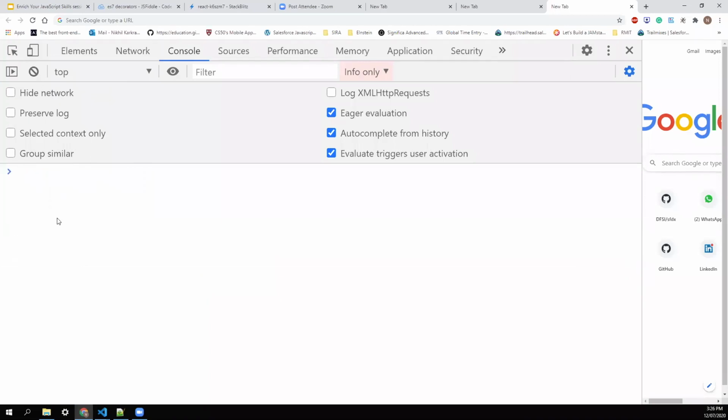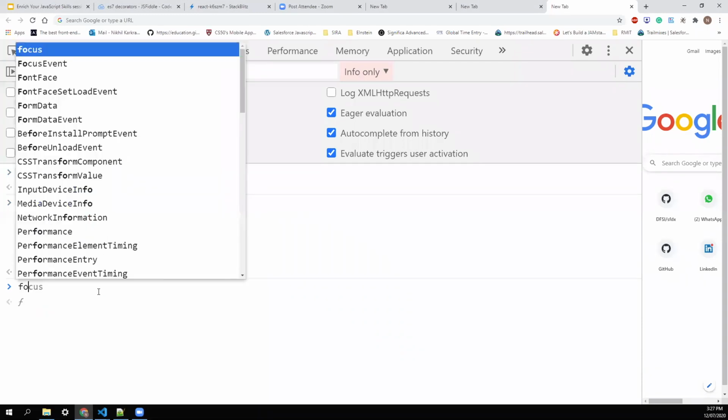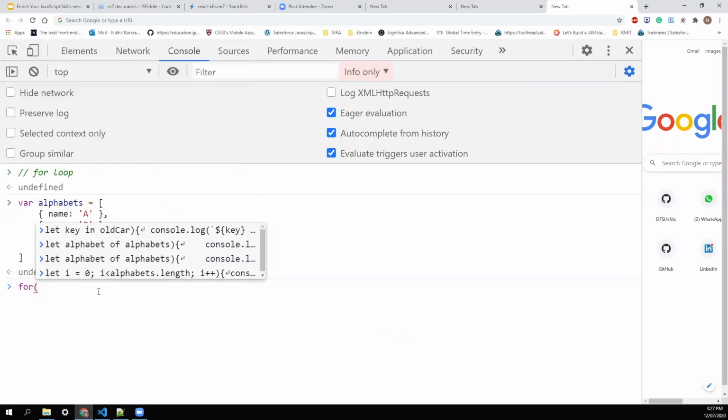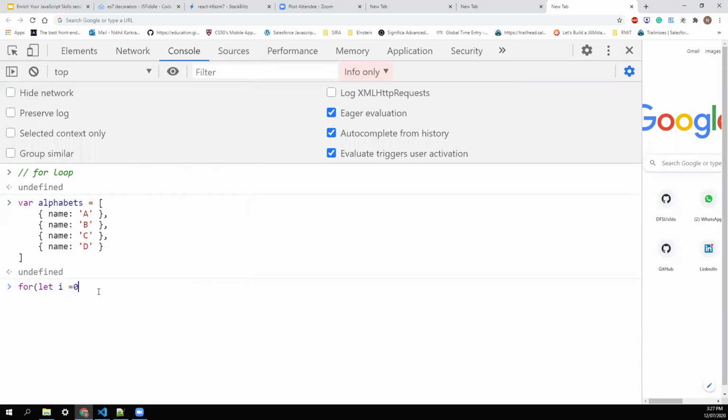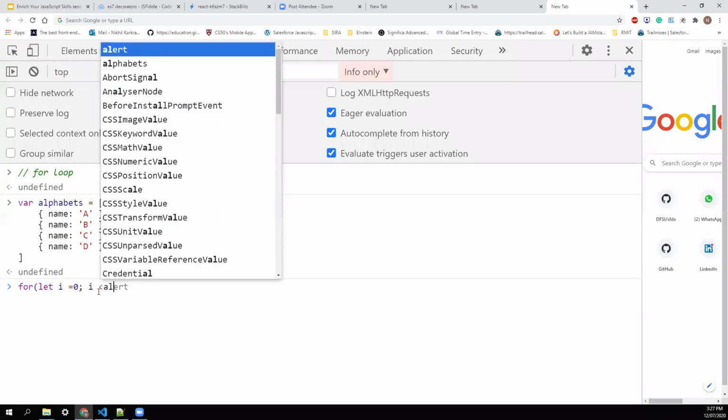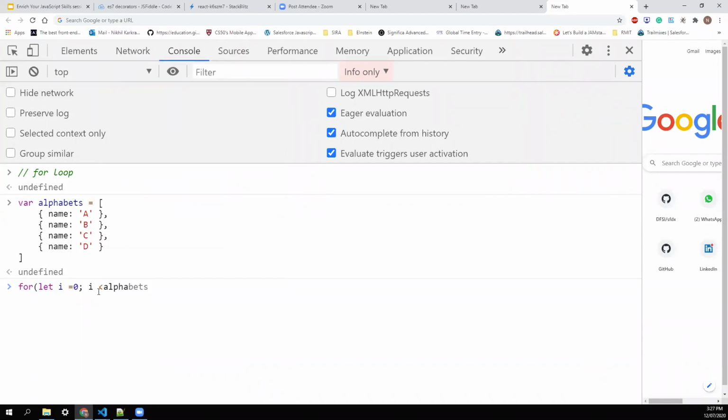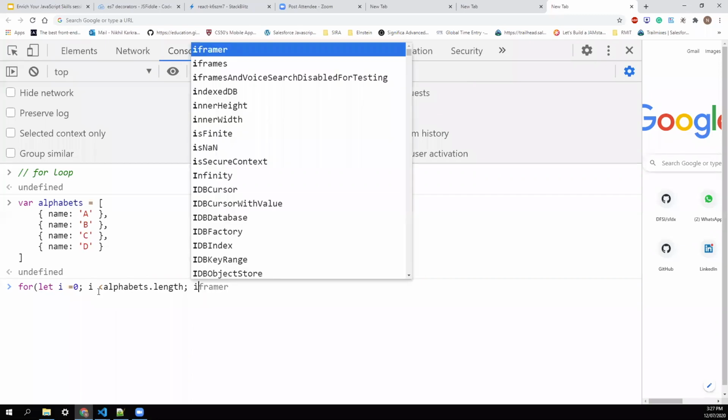So first is the for loop. I have an array alphabets, an array of objects, and then I'll write a for loop. That is a very basic one. We'll first do the initialization, then we'll put the condition, that is alphabets dot length, and the last part is iteration.